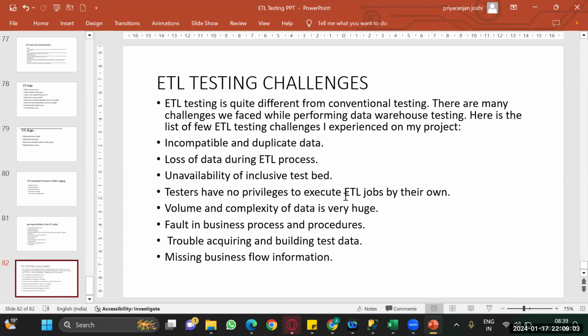You can use that in your day-to-day project. QuerySurge will do the same thing we are doing manually. Like we use the EXCEPT statement to compare between the source and target. Rather than doing that manually, the tool itself will do it for you. Then there is loss of data during the ETL process. If you have not written the transformation rule properly, then there is a chance that loss of data